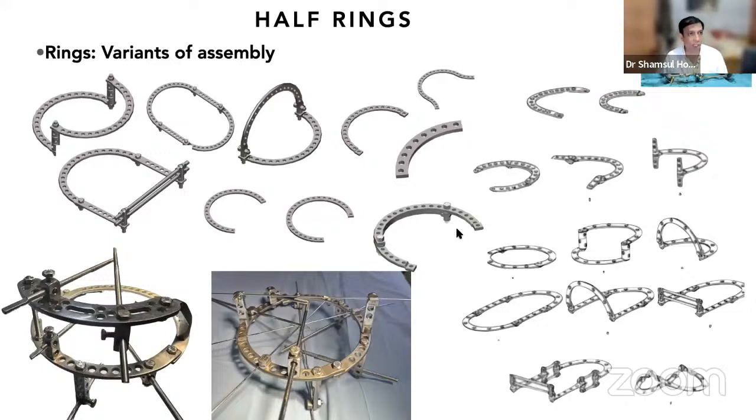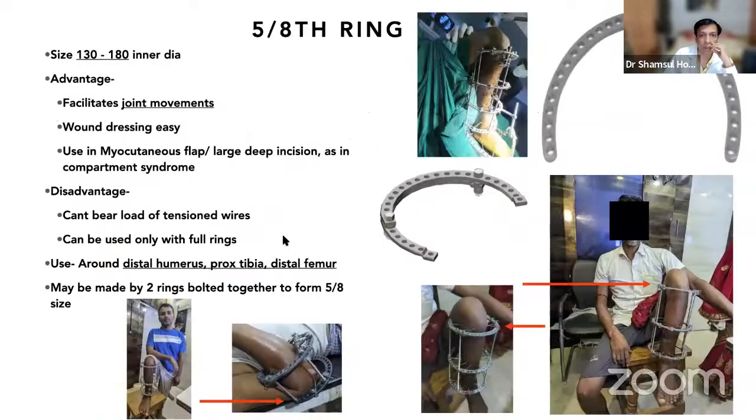And with the half rings, we can make numerous variations of assembly as per need. You can use them with arches, you can use them with rings. You can see different combinations that we have made. You can use wires, Schanz pins in different directions, then posts, female posts, anchor tubes. So these are different possibilities with the half rings that you can use in different directions, even with oblique rings and oblique pins also.